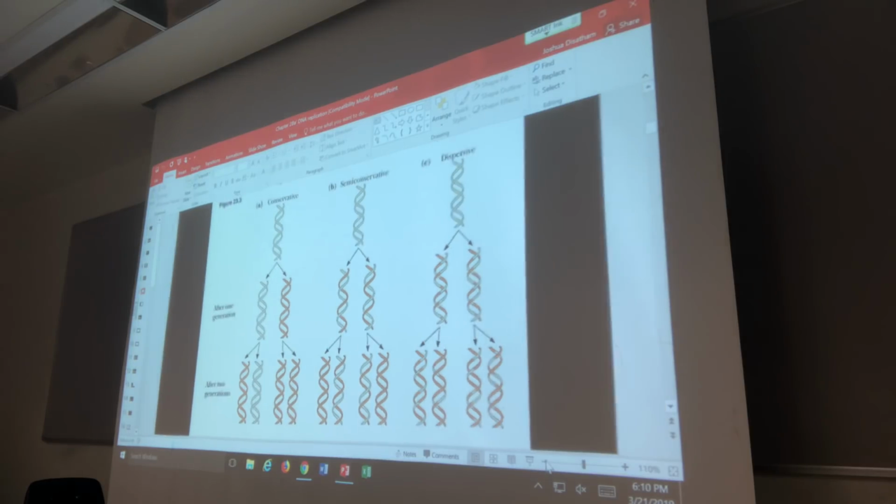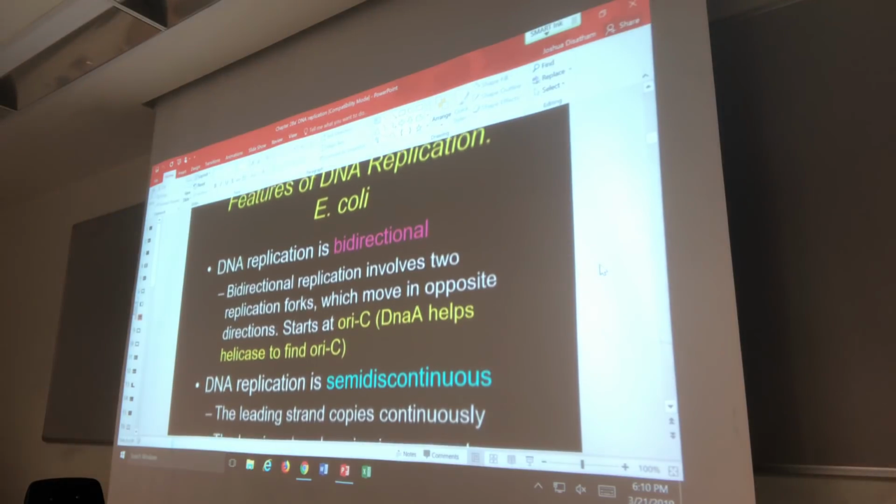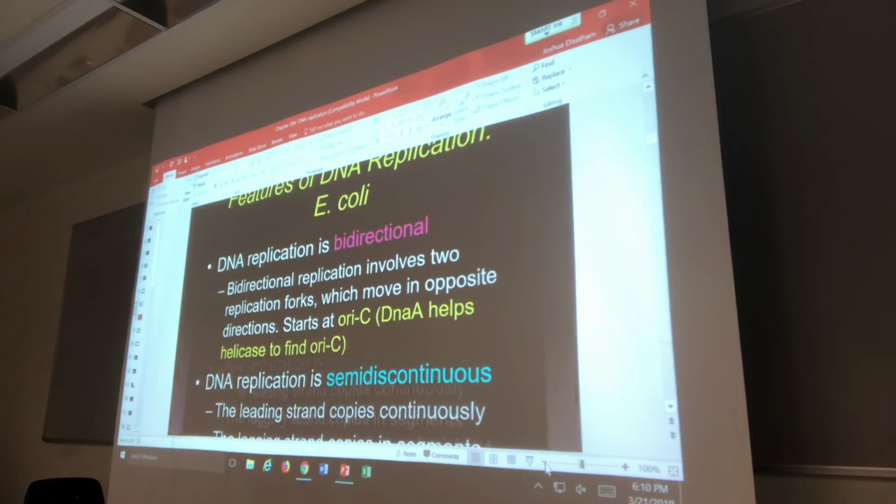All right. Let's see if there's anything else. Yeah, those drawings that I had there with the test tubes and everything, this is just a mathematical, graphical version of that. You won't be asked about that, so I'm just going to move down from that. And now we get to some features of DNA.